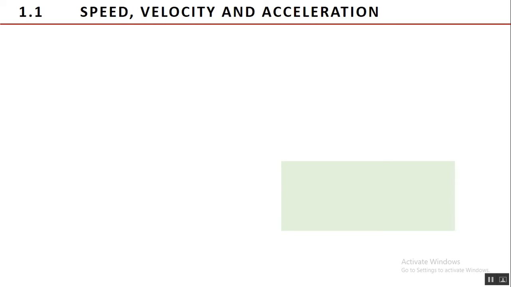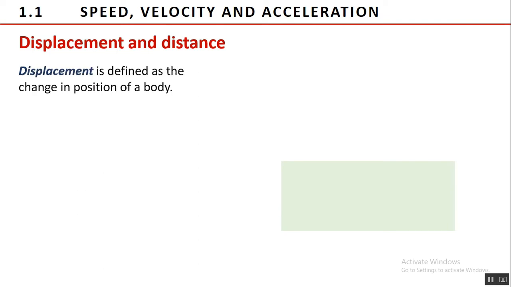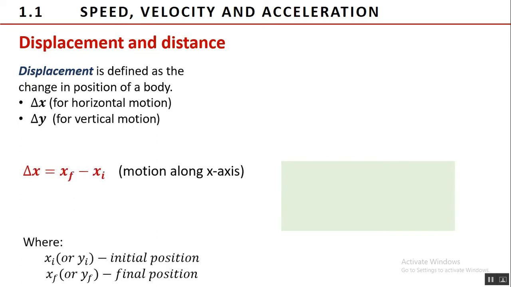Now let us distinguish displacement from distance. Once motion takes place in a body, its position has changed. This change in position is described by the quantity called displacement. In one-dimensional motion, displacement is denoted by delta x, for horizontal motion, and delta y for vertical motion. Mathematically, it is the difference between the final position of the body x sub f and its initial position x